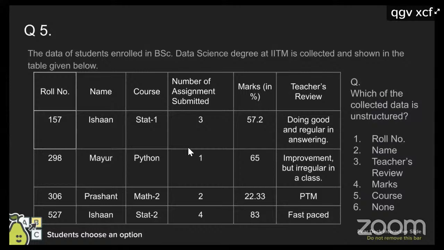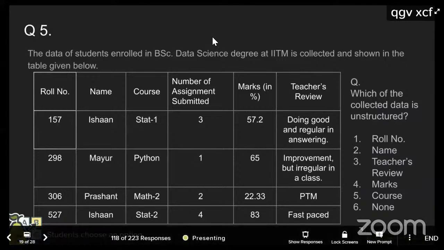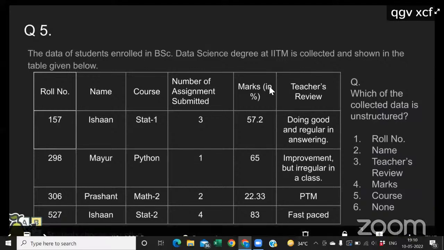Yes, sir, maybe this is from a graded question, sir. Sorry? Sir, this population is from a graded assignment question. I'm not getting your point. Sir, she's saying that the person who asked this question is asking from the graded question. Okay, so what's wrong in it? He has a doubt.